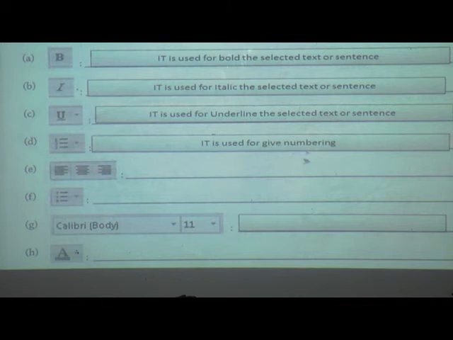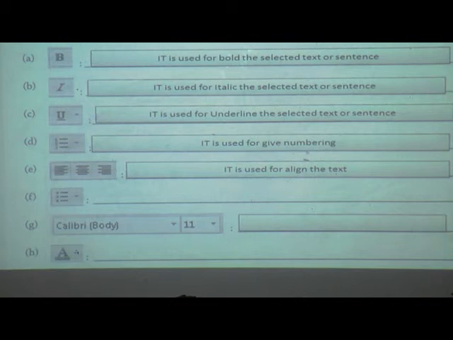Now next one is, it is used for align the text. Means by using that we can change the alignment of the text. We can do left alignment, right alignment and center alignment also. Now next one, what can we see?